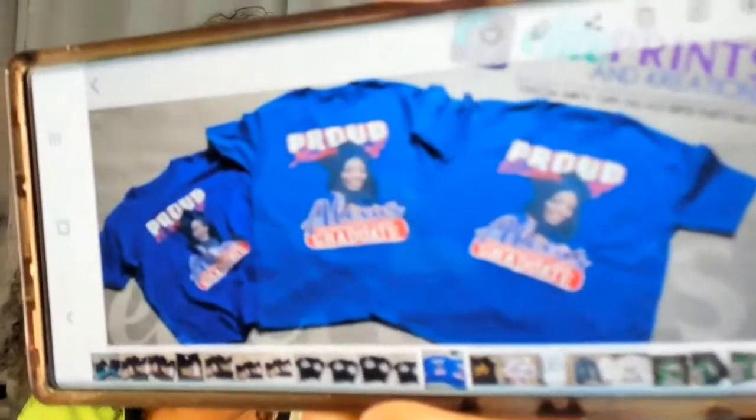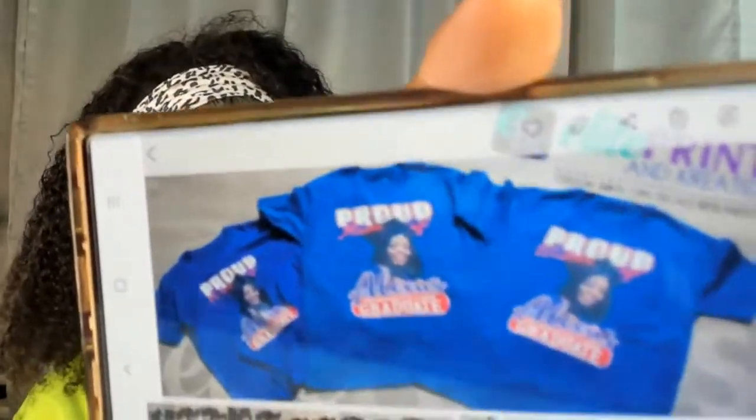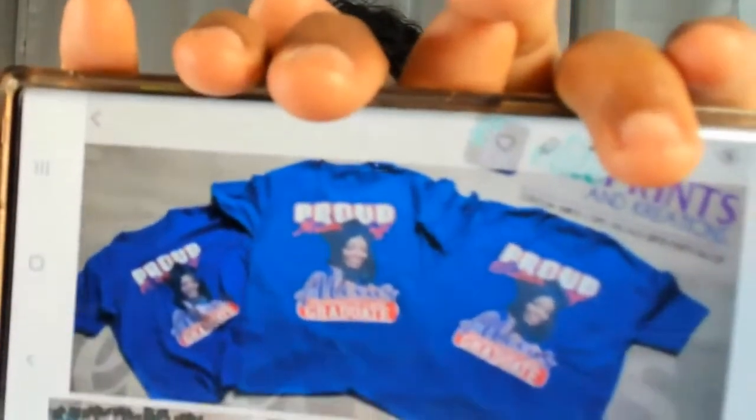Oh, remember that proud mom of? Look. Wait, can I turn it sideways? Her graduation fan looked exactly like that. All I did was put proud mom of on top of her graduation fan. And look at how I was making it, it's just her name. I'm trying to stay stable. And then it said the school and then graduate. That's it. And I think on the fan, it says 2019 University of Florida graduate. That was the fan. And they had on shirts the same exact design, just proud mom of, proud sister of, proud niece of. That was it.